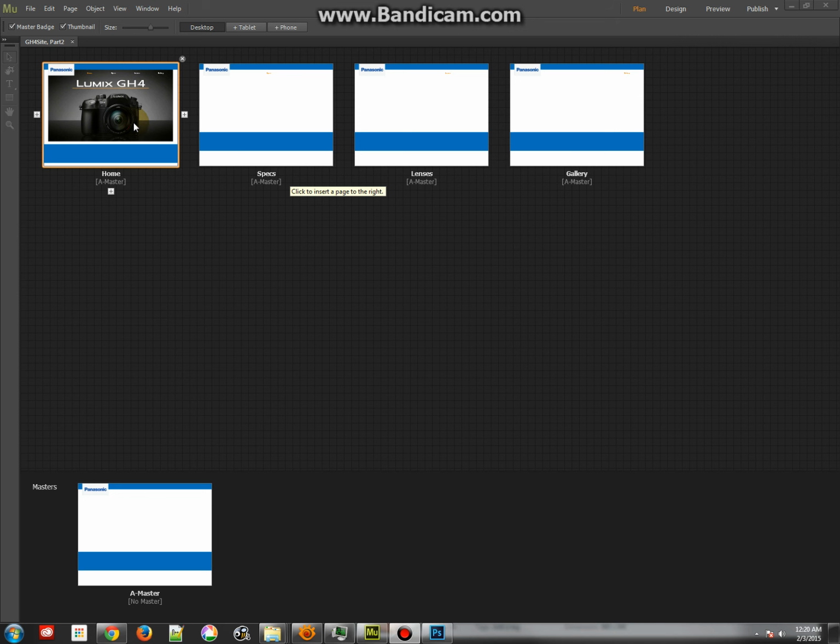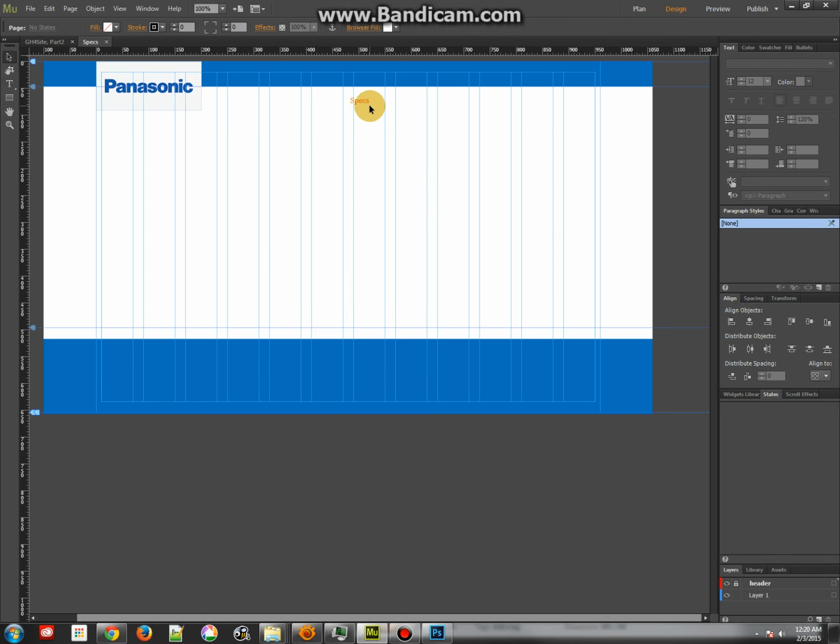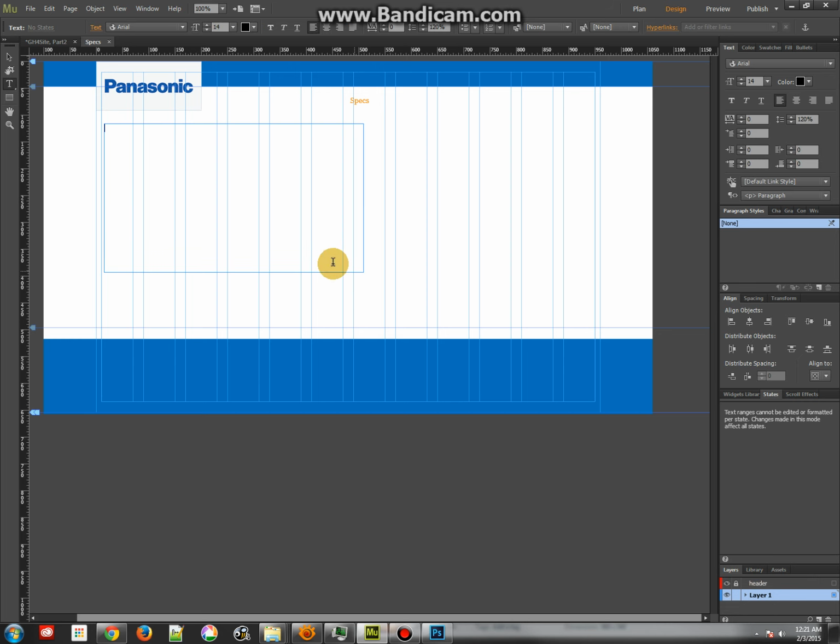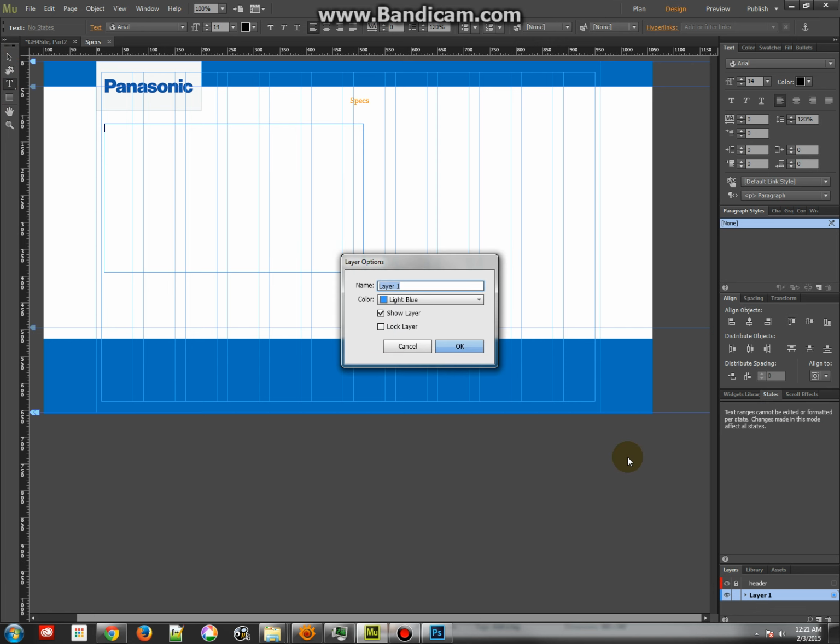Alright, when we last finished, we had just created our home page, and what we're going to do is go on and do our specifications page. Now, I'm going to go ahead and click and drag a text box. Oh, I have to remember always to do that. Go ahead and change it so that my layer 1 is my active layer, and I might go ahead and just call that content,